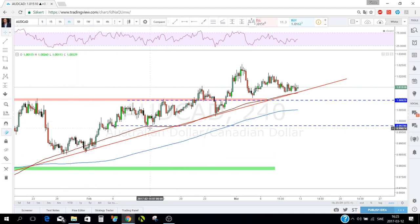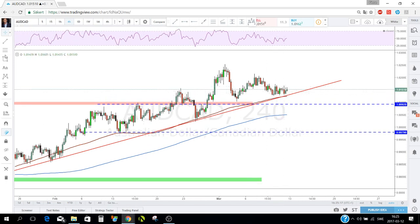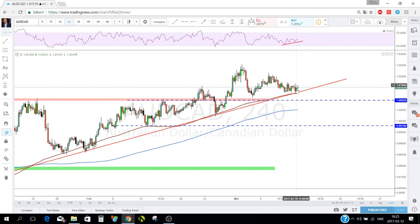Lots of respect for the 100 moving average, many tests, and price kept going high. And right now these last 4 hour candles are very unclear, but we have very good divergence to the upside on the RSI, but that alone is not enough. So wait for more confirmation. You want to see more long, maybe a break of this one here, at